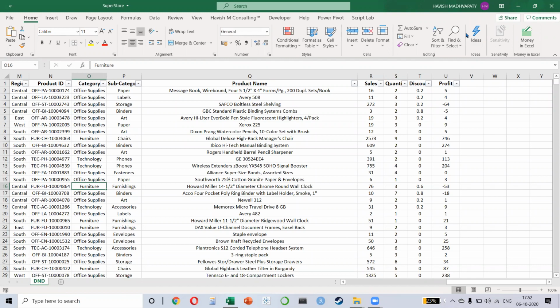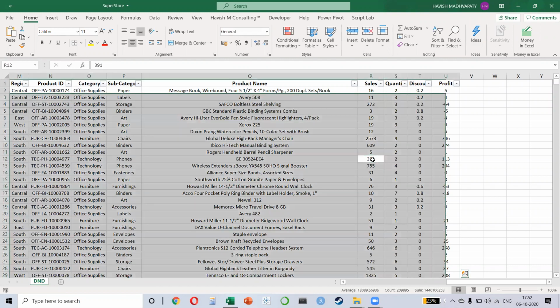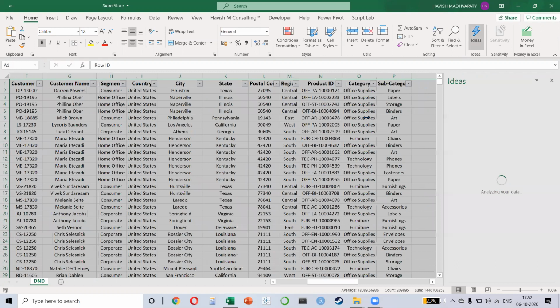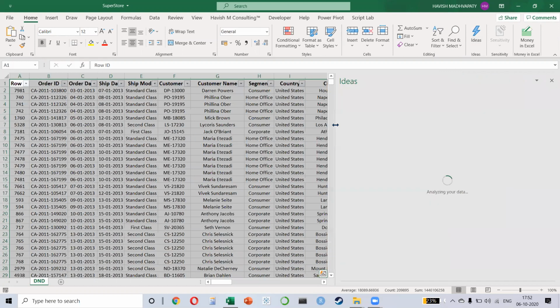And what will happen is that if I simply select my data, no pivot, no formula, no filter, nothing. If you just select the data and you click on Ideas, you would notice that you're now using Microsoft Cognitive Services, which is Microsoft AI, and your data is being analyzed by Microsoft on the cloud using their server and their processing. And it will now show me different types of insights from the data, right? Just see how it works. So it's taking a little bit of time because of my connection.